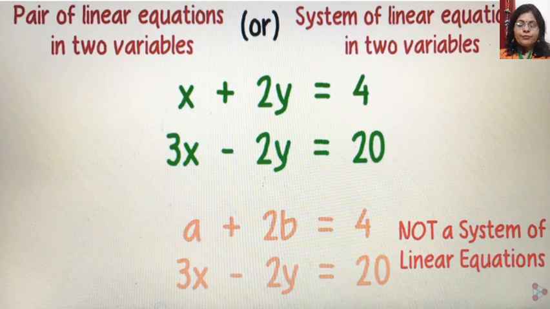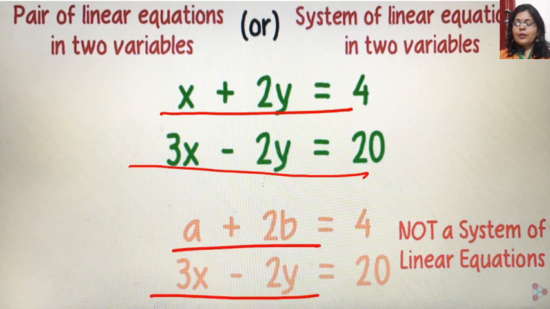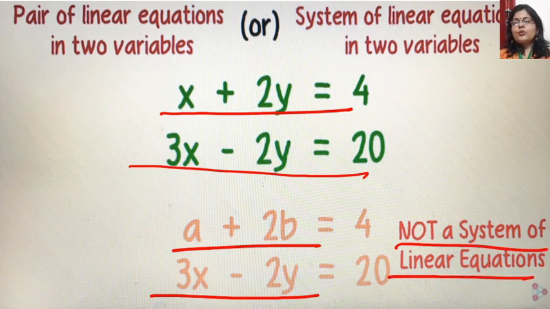Now, one more thing has to be understood before proceeding to the questions and graphs. These two equations are given to you. One is an equation having the same variable, and another is an equation having two different variables in both the equations. If you have different variables in two different equations, you can never find the value of x and y. So it can never be a system of linear equations. Only when the variables are the same can it be called a system of linear equations. I hope it is clear to you all.